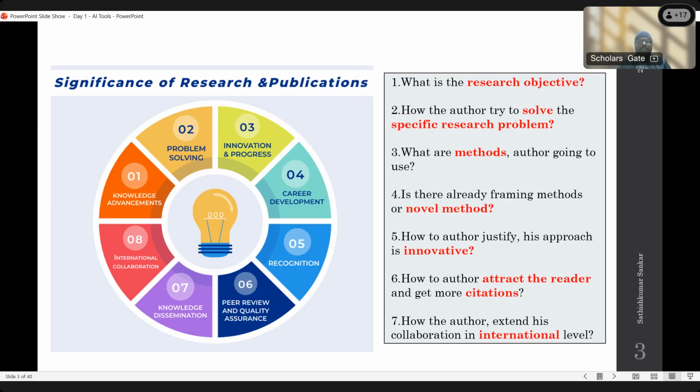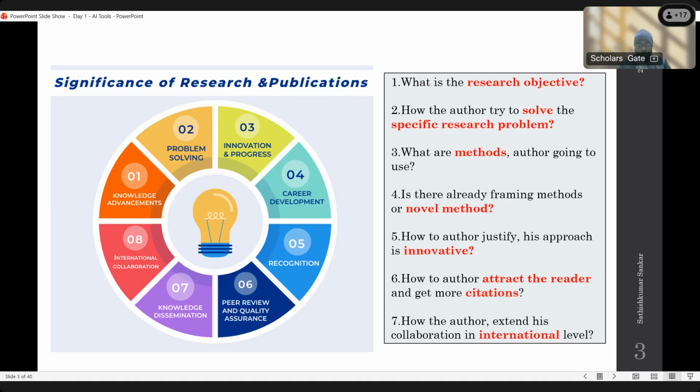In India, most institutes do not offer a publication grant. If you want to publish in an MDPI journal, Multidisciplinary Digital Publishing Institute, it is a fully open access journal. So you have to pay the APC, article processing charges, which is not a small amount. It will be 1.5 lakhs or 2 lakhs. But most Indian institutions do not support that.